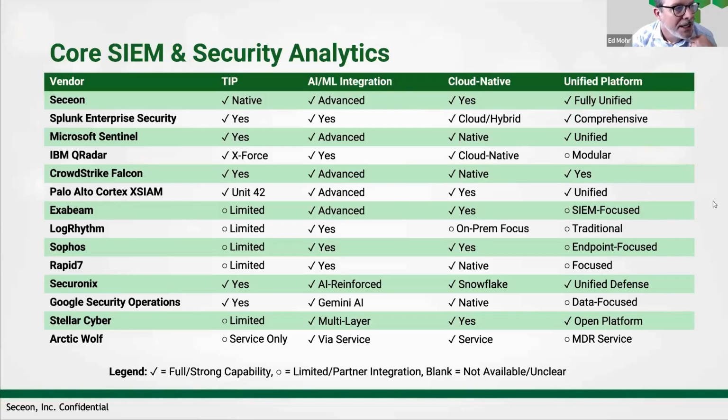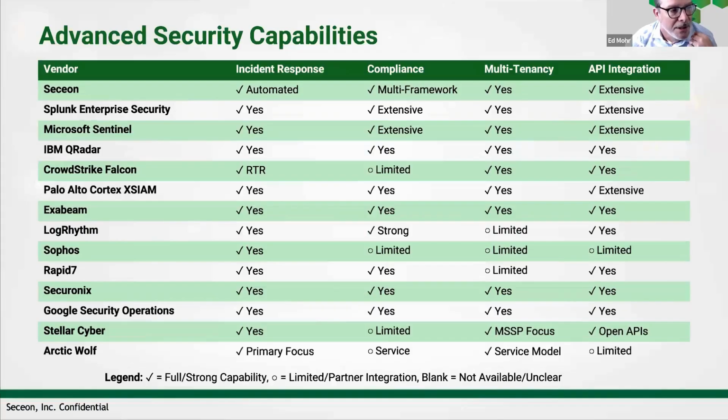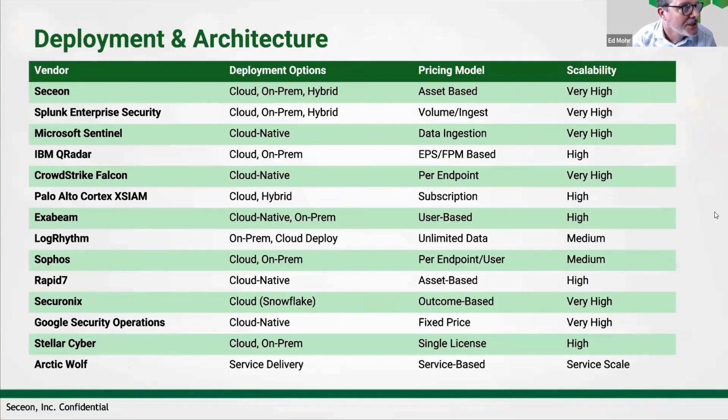This is something that's going to be fairly dynamic. People are always coming out with new features and functionality, as is Seceon, and you want to make sure that those new features and functionalities are captured in your comparison, especially when we have something like breach and attack simulation, and some of the new features that are associated with agentic AI and what we're doing with RAG as well. These are things that need to be captured in your comparisons, but it's a good idea to know who your competitors are when you're going into an engagement and being able to find those gaps in order to be able to sell to them and help differentiate what Seceon has to offer.